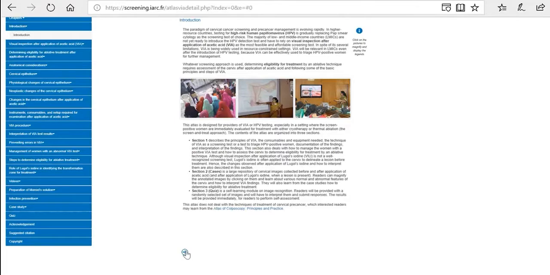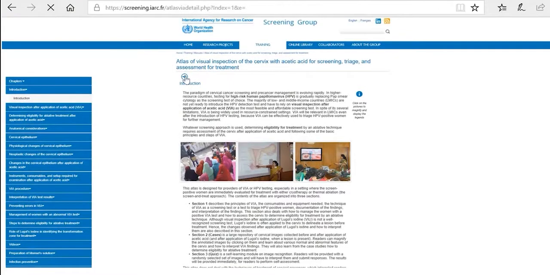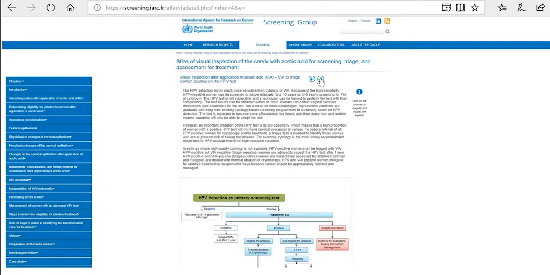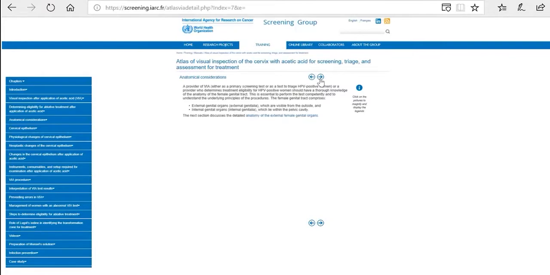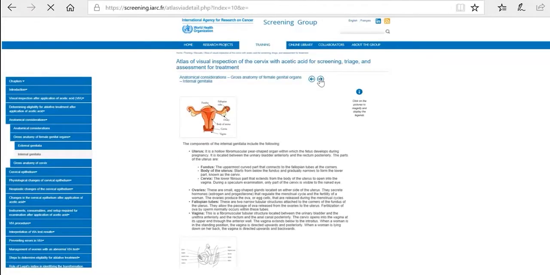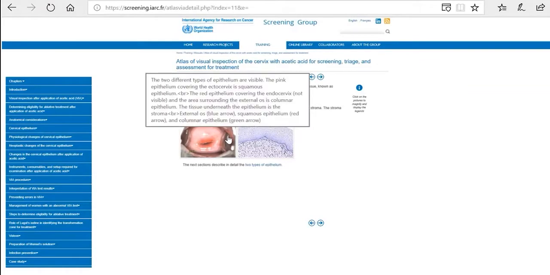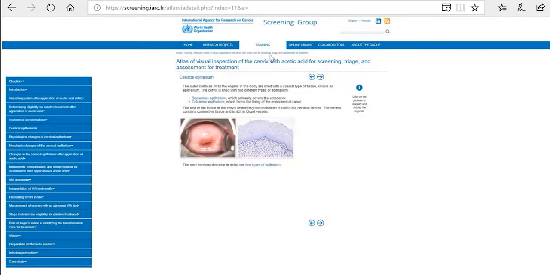Now once you are finished with this particular page, to go to the next page, you can click on the arrow either at the bottom or at the top of the page. So that is how you move from one page to another. And please remember to click on the images to make sure that you see the magnified view of the image as well as the legend and all the annotations in the images. Like I am showing you an image with all the annotations here.